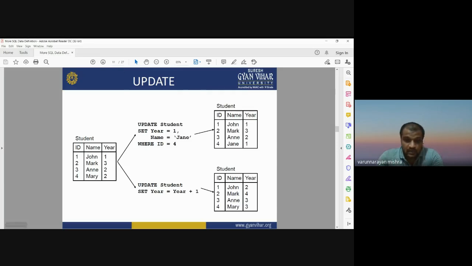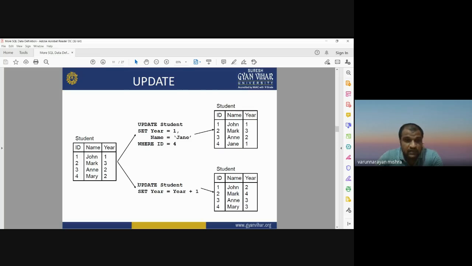Okay, now this is another example. If you want to add 1 year for each student: suppose John is now in year 2, Mark is in year 4, N is transferred to year 3, Mary is transferred to year 3.